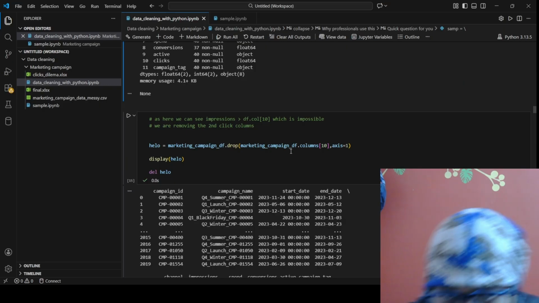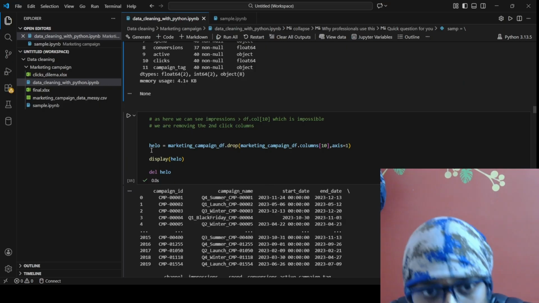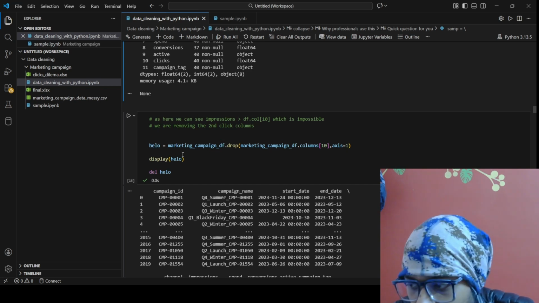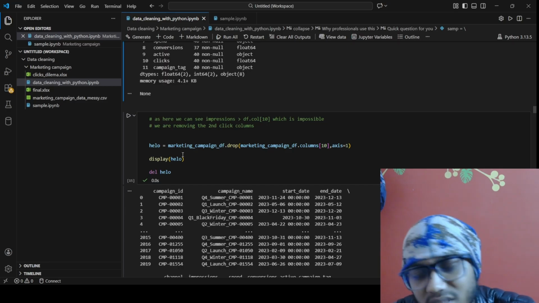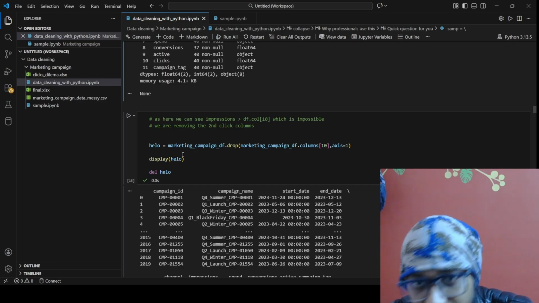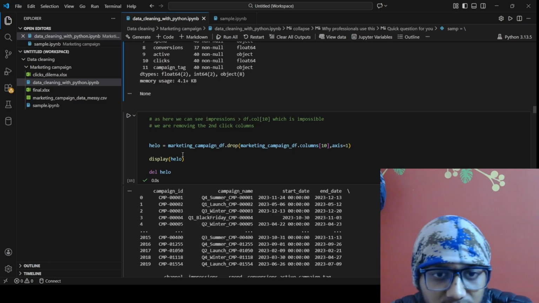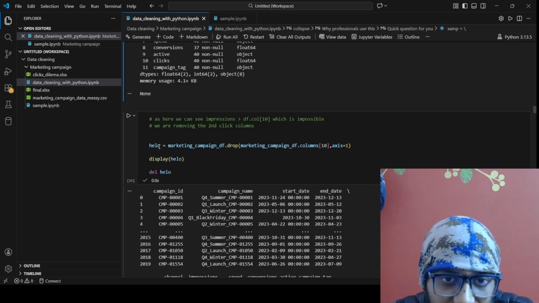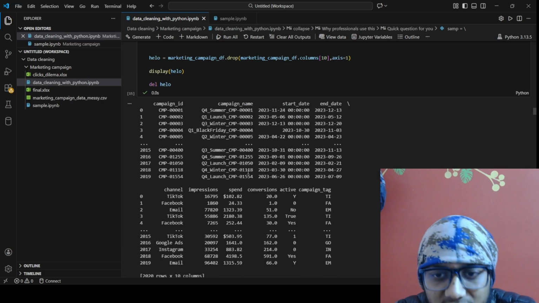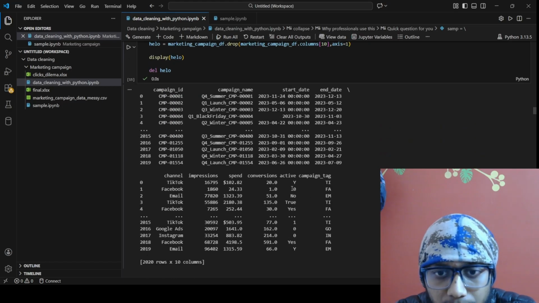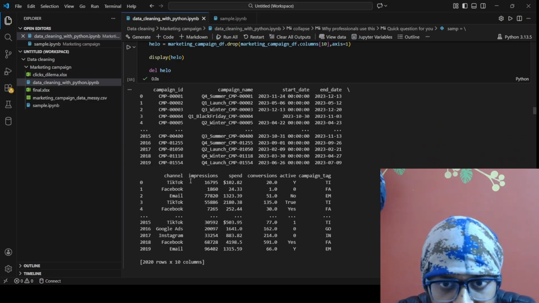See, before dropping, I am just making a variable hello. This is a very bad naming, but sometimes you should keep funny names, so that you don't get bored doing all this. So dot columns of 10, axis equals to 1. I am going to drop that clicks 1. So if I see here